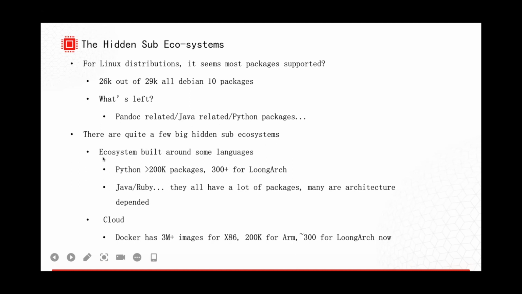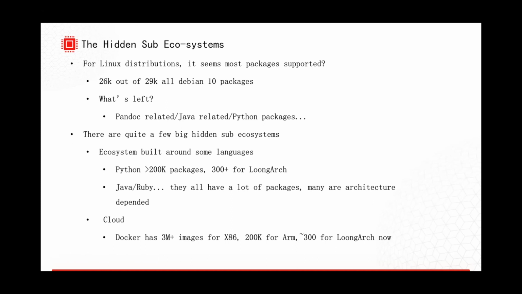For example, Python has more than 200,000 packages. We all know that we can install many Python packages to facilitate our development. But for x86, this 200,000 is all available. But nowadays, only 300 are available for LoongArch. So this is a big sub-ecosystem that we need to work on.